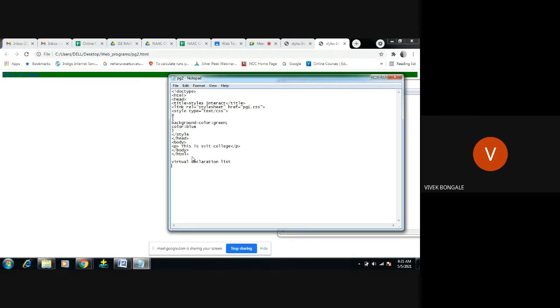So what will be there in the virtual declaration list? First is the default CSS. Default CSS is nothing but, if you do not give any style rule, the default: the background is white and the foreground text will be displayed in black color, right? That is default CSS. Next, external. After compiling, first it will check the external, which is always given in the head, right? So it will check the external style sheet. Next, it will check the internal style sheet. Next is the inline style sheet. These are the lists it will check.